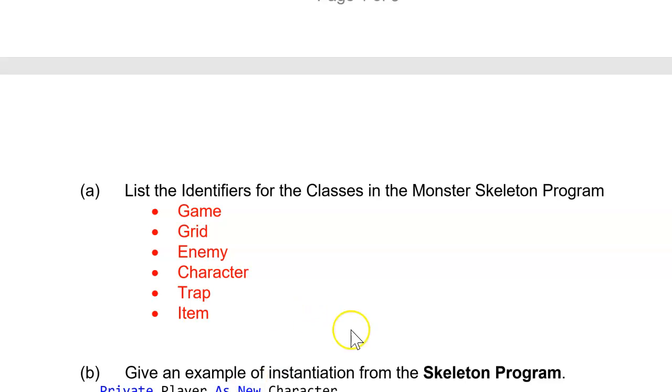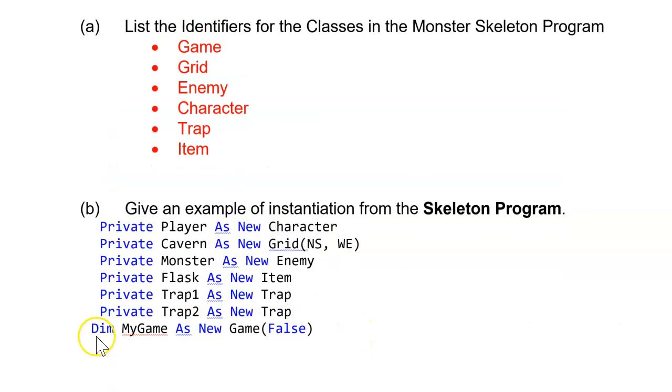Now give an example of instantiation. I think this is all of them. So I'm just going to move my, sorry for the scrape, I'm just moving my tablet a bit closer. All of these are instances of an object being created from a class. We're not just putting the space in memory for it, we are actually instantiating the class because we're using the